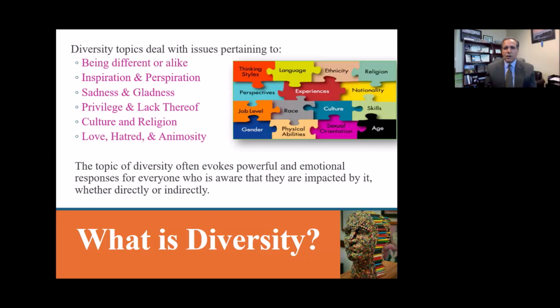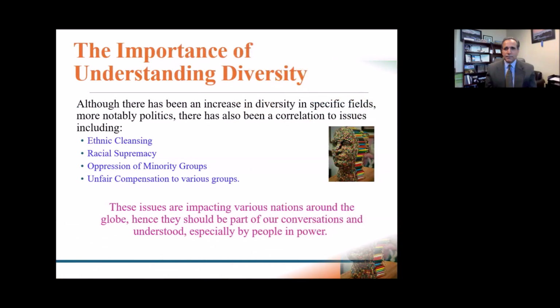So the topic of diversity often evokes powerful and emotional responses for everyone who is aware that they are impacted by it, whether directly or indirectly, by various diversity dimensions. Although there has been an increase in diversity in specific fields, more notably politics, there has also been a correlation to issues that include ethnic cleansing, racial supremacy, oppression of various minority groups around the world, unfair compensation to various